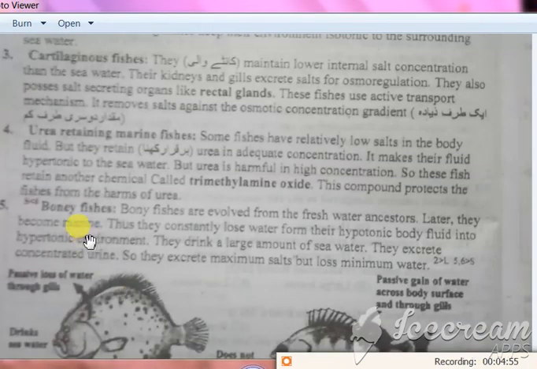Next type is urea retaining marine fishes. They also have a low amount of